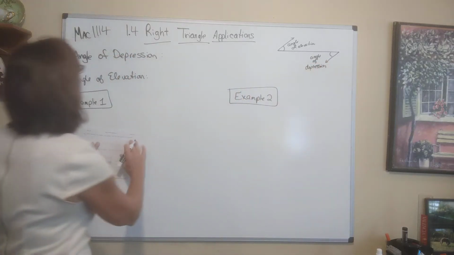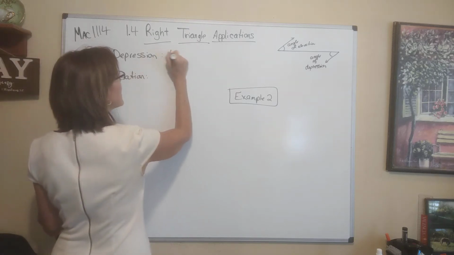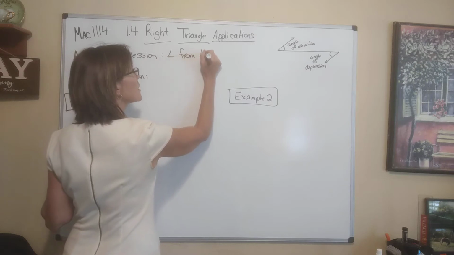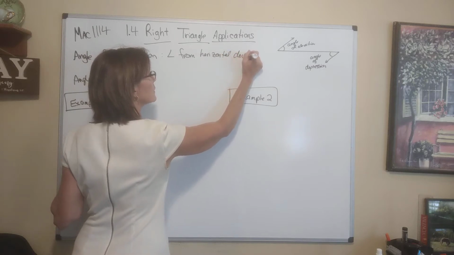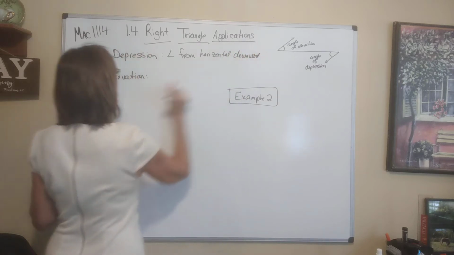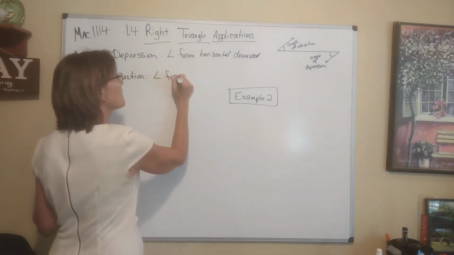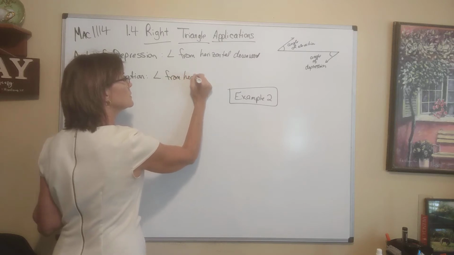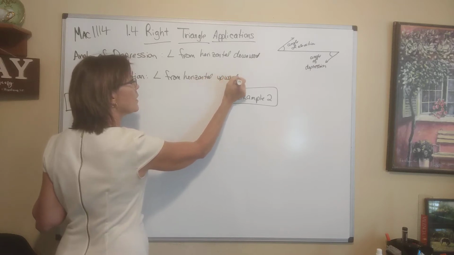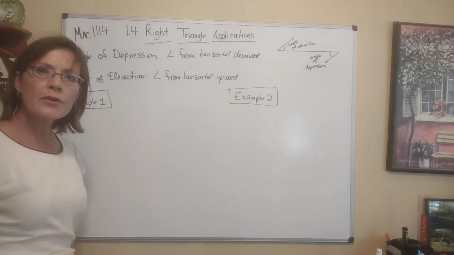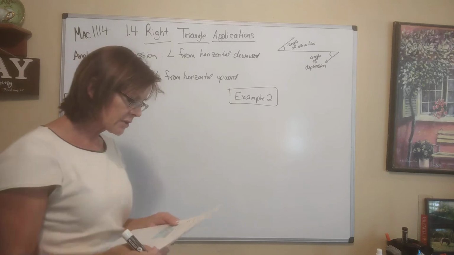So, what an angle of depression is, it's an angle from the horizontal downward. And an angle of elevation is an angle from the horizontal upward. So now we've got 5 little examples we're going to go through and see different ways that these can be used. Okay, so the first example is on your worksheet, and I'll just read it